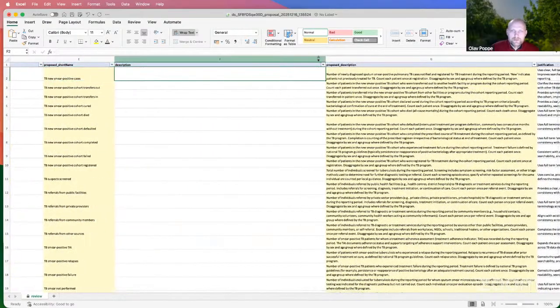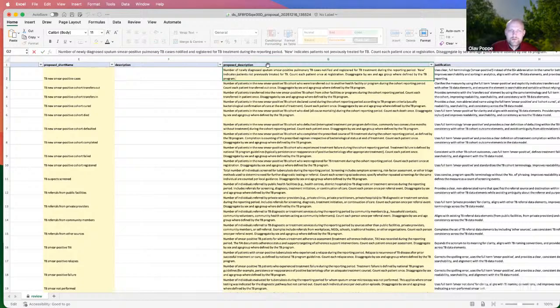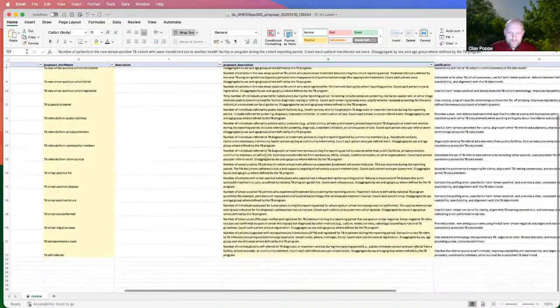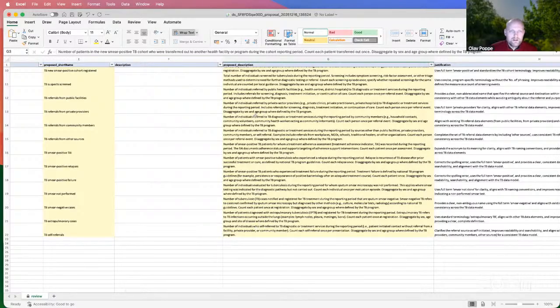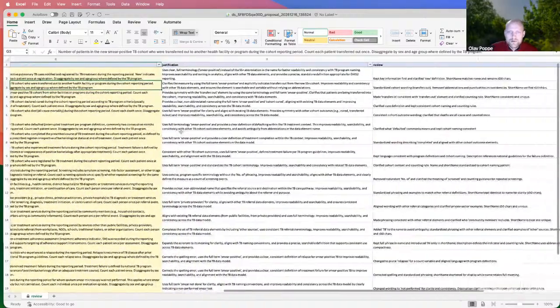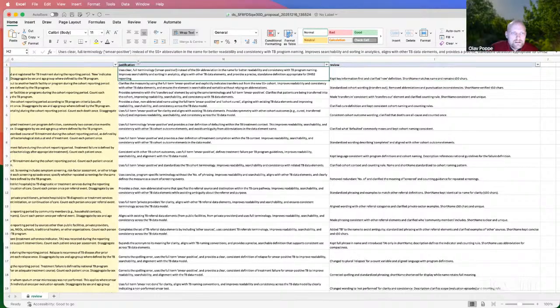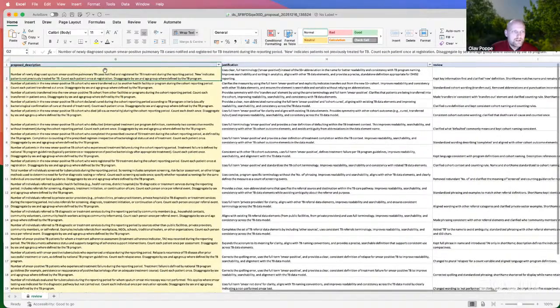Description in DHIS2, there was nothing. And then this in yellow is the description that is being proposed by the AI. Number of newly diagnosed bacteriologically positive pulmonary TB cases notified and registered, etc. So it's created definitions, descriptions for all of these data elements. And this is a bit for understanding what's going on. This is the justification that the AI is providing for